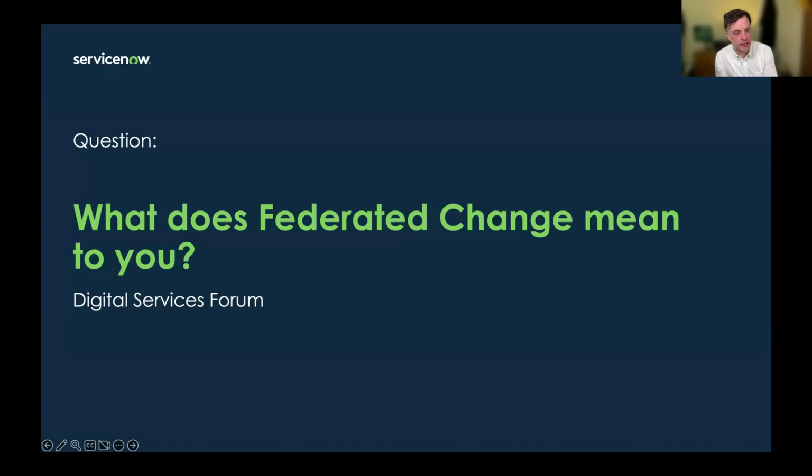Okay, so while that's just completing, I'm going to talk a little bit about federated change. We'll go into more detail as we go on, but the question we get asked when I attend exec briefings with big global companies, and even when talking to some of our smaller customers, one of the questions that pops up at CXO level is, how do I federate things while I maintain control?